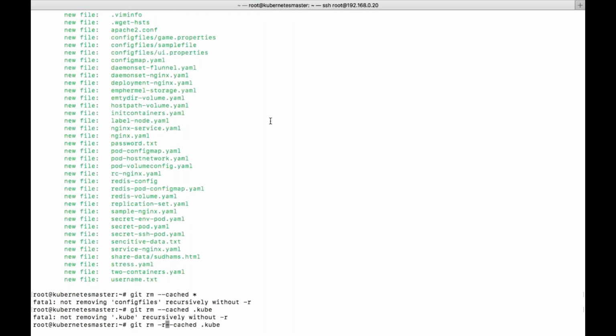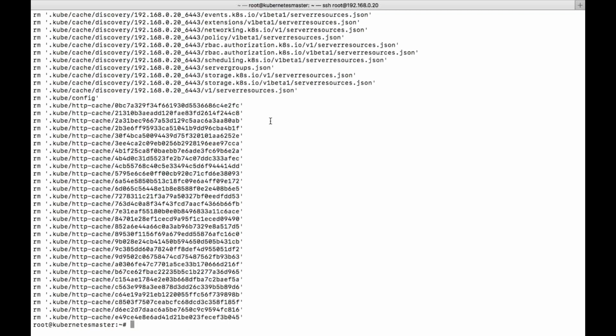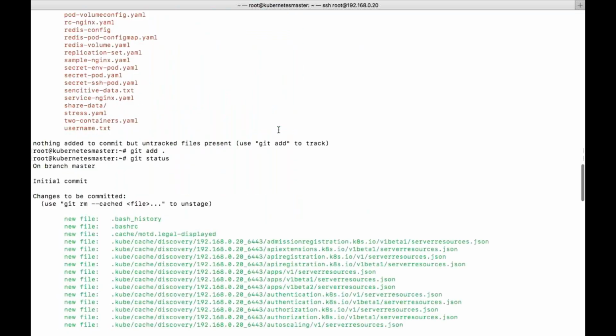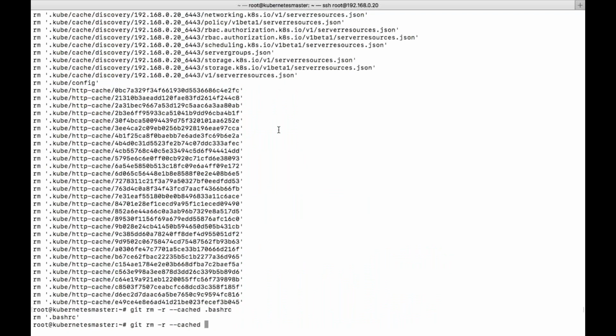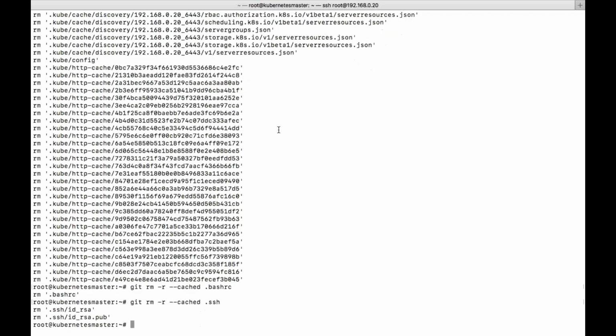So I remove .git, .cache, .kube, .bashrc, and the .ssh directory, because these are unnecessary for a normal person.